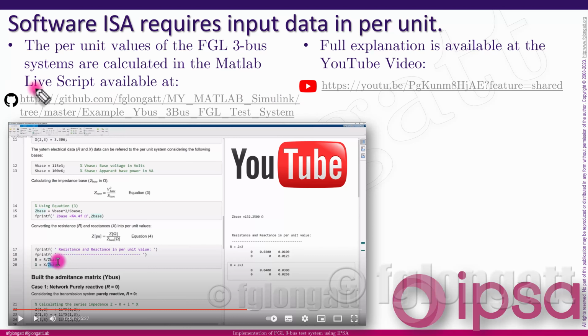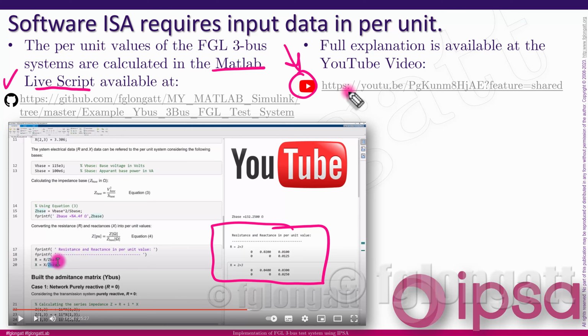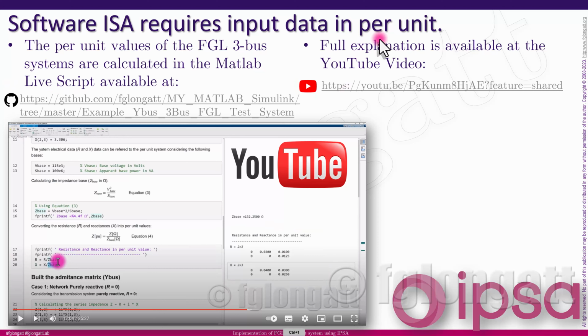If you want to see the MATLAB live script, what you need to do is go into the GitHub repository. The link is over here, and you will find the MATLAB live script, and it will be extremely easy to calculate the per unit values. And also here there is a video where we have the full explanation about this MATLAB live script and how to obtain the per unit values for this test system. And without further delay,